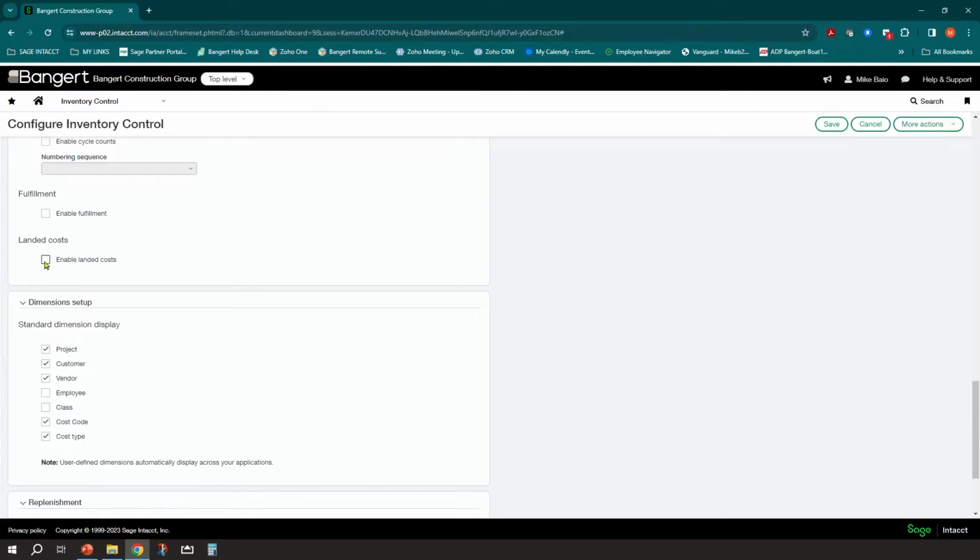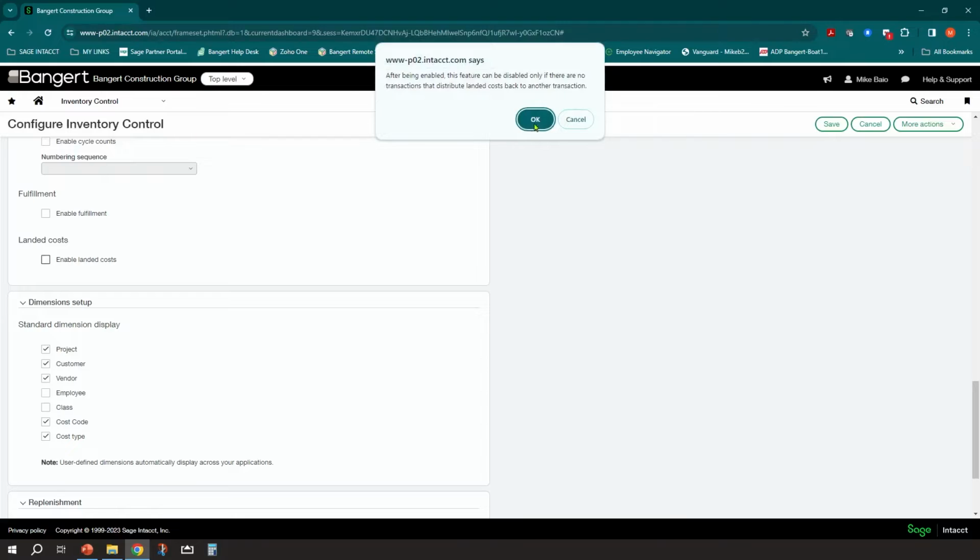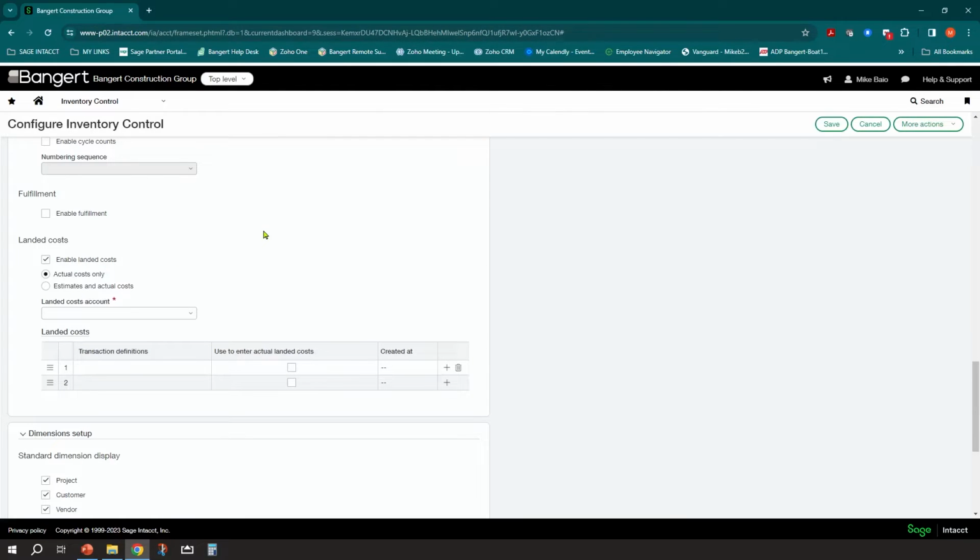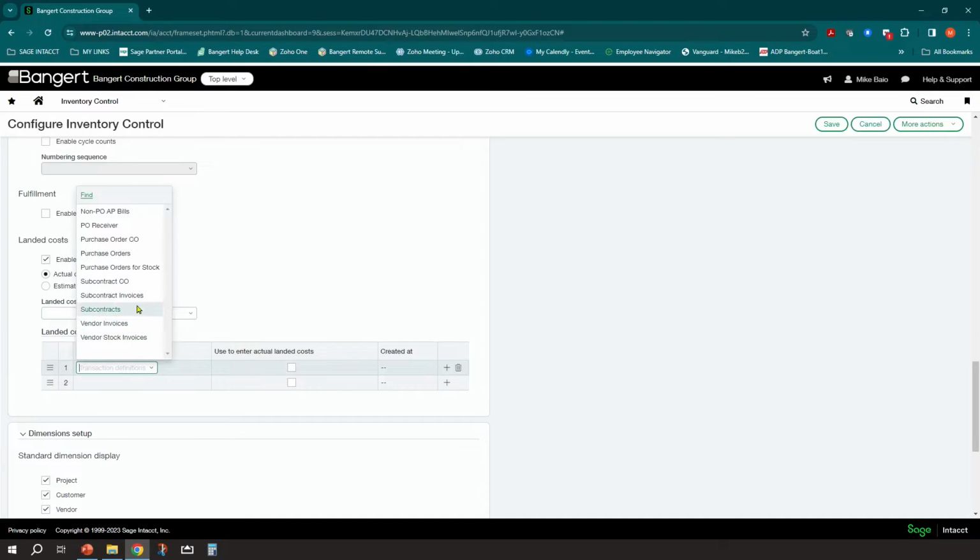And you have the option to enable landing costs. What that will do is allow you to add additional costs on your inventory item, like taxes and freight, and it'll build that total cost, including those items, inside your inventory item. And you can determine which definitions, and we'll get into that, are eligible for this. And you can set that all up as well there, but we're going to turn that off for now.